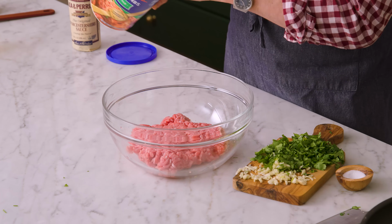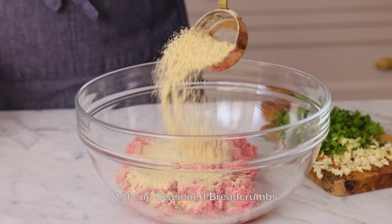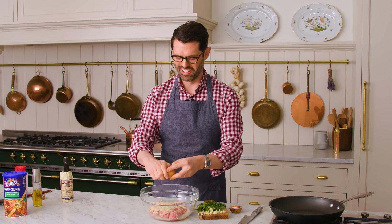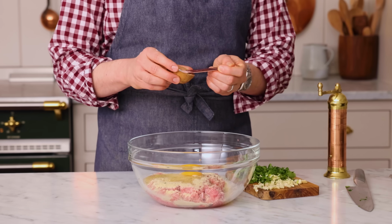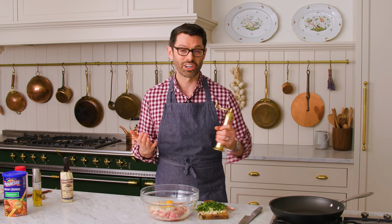Okay, I'm measuring out a 1/4 cup of Italian breadcrumbs. It'll give it some flavor and help hold everything together, just like a meatball. Go ahead and crack 1 big egg in here. That's to hold things together as well. To further season things, I'm gonna be adding 1/2 teaspoon of salt and about 1/2 teaspoon of freshly cracked pepper